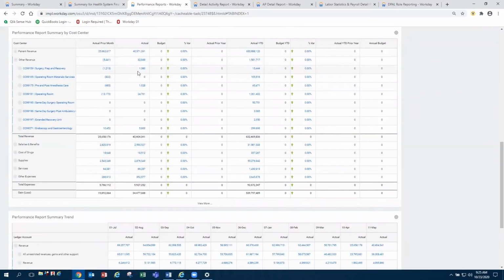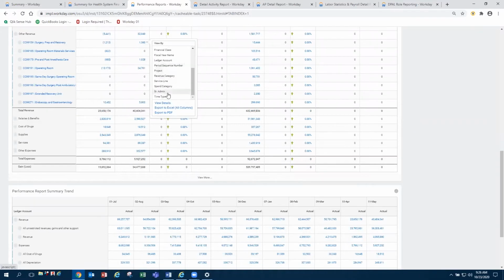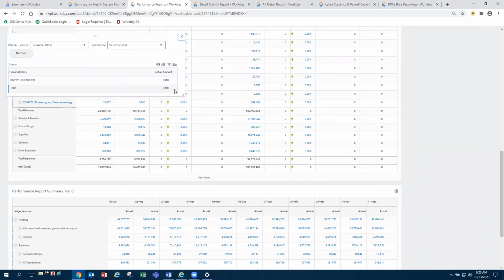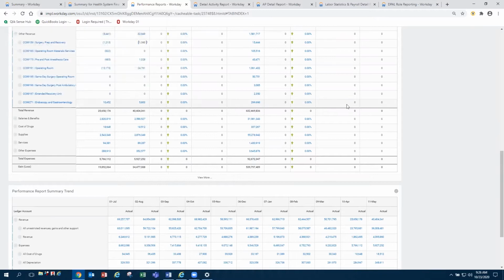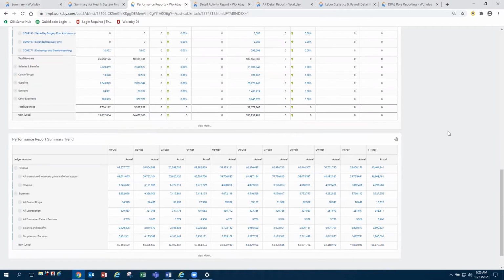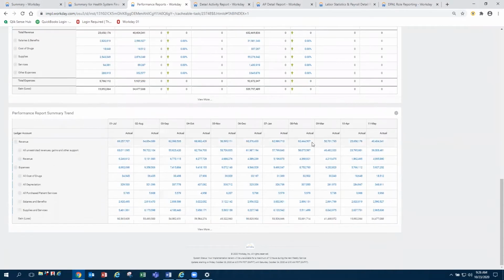Again, the values highlighted will have the same drill down capabilities that we discussed previously. The final report on this tab is going to be a trended report of high-level revenue and expenses for the fiscal year.